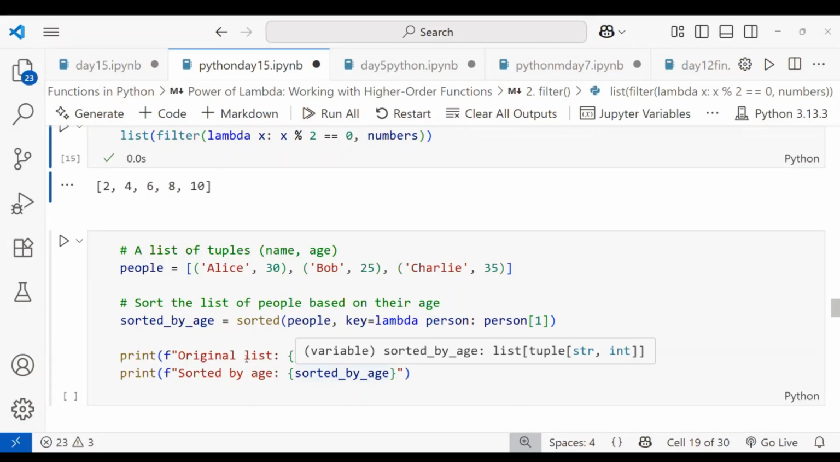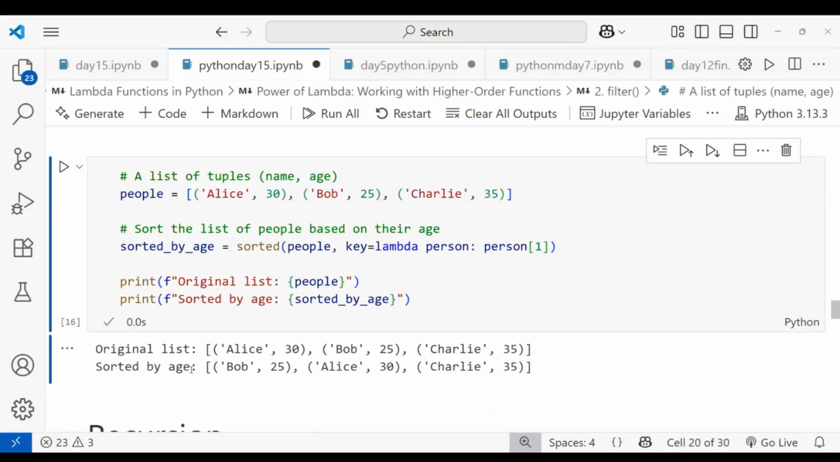So I'm doing sorted by age. Let's run this. You can see here the original list is like this one. When I'm doing the sorted by age, we can use